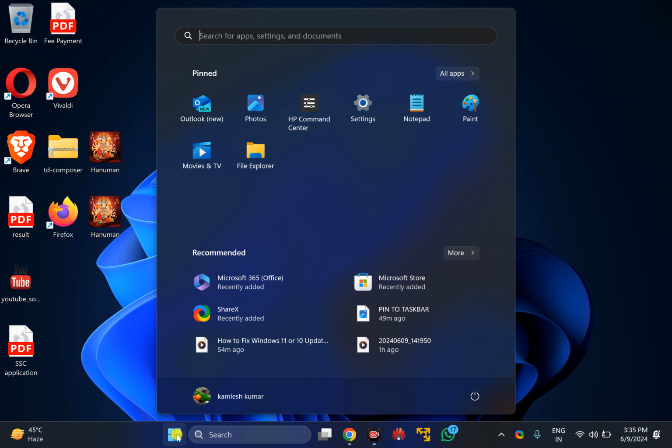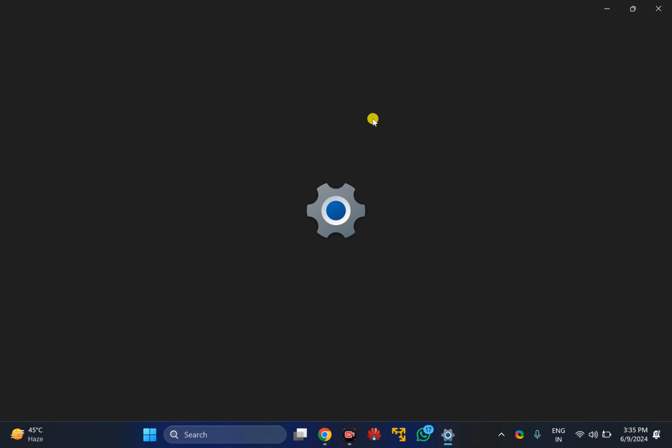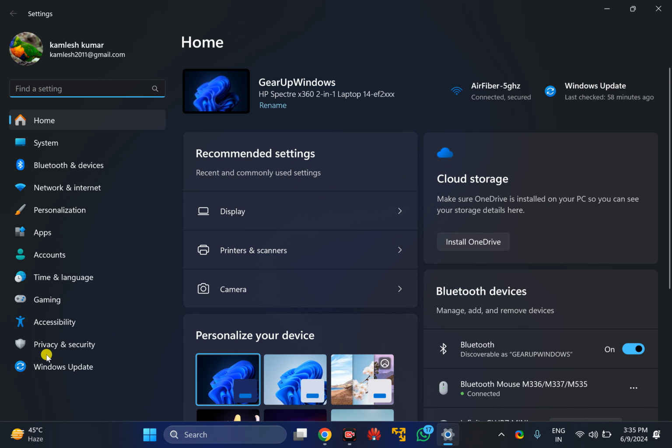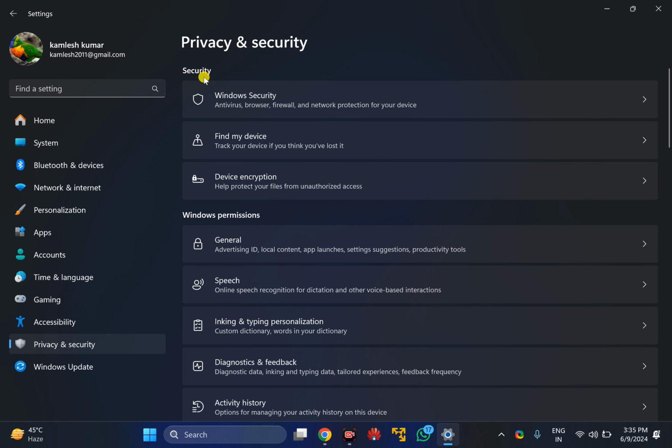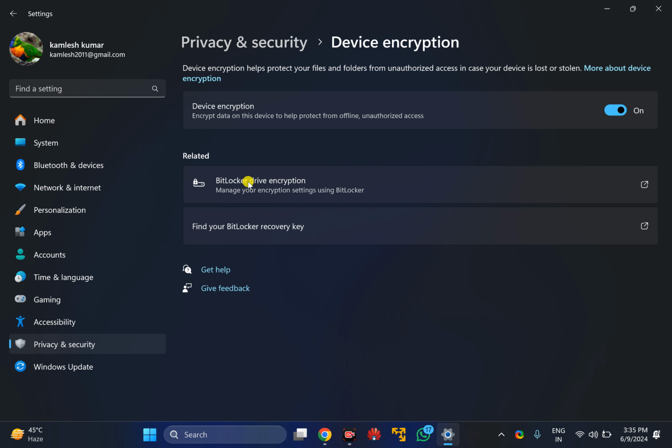Click on the start button and then click settings. In the Windows 11 settings, click on privacy and security in the left sidebar. On the right, under security, you will find device encryption. Click on this tile. Here you will find a toggle switch that says device encryption. Encrypt data on this device to help protect from offline unauthorized access. Just turn on or turn off this toggle switch to enable or disable device encryption on your Windows 11